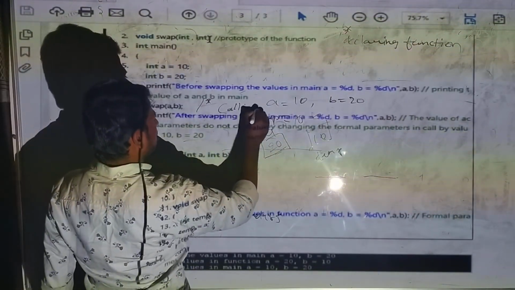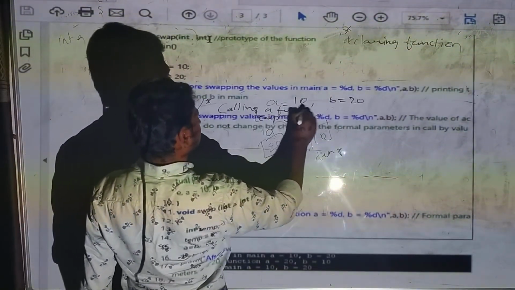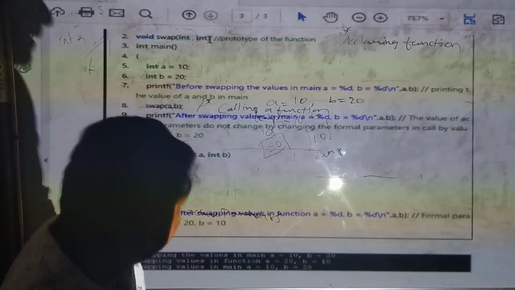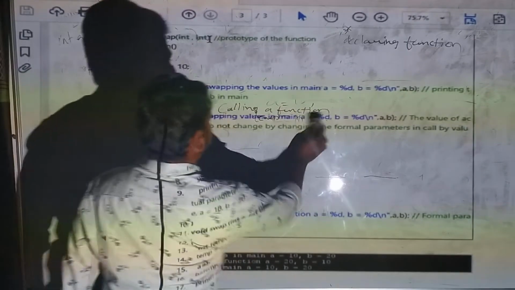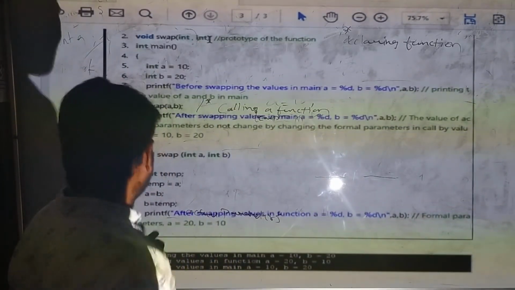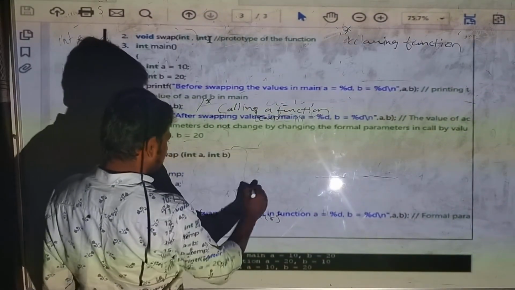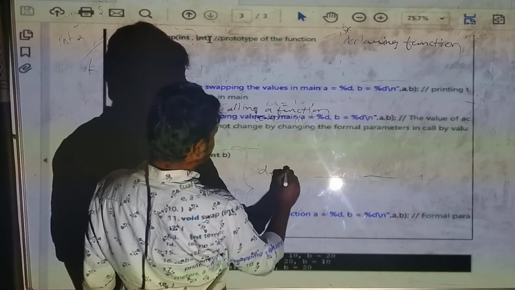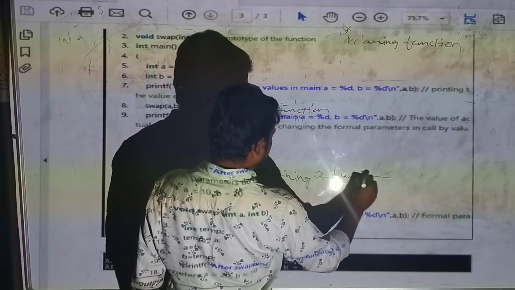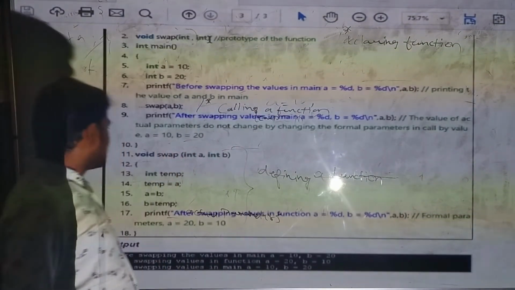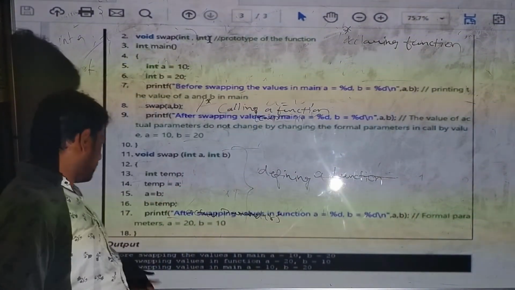We are declaring a function, calling a function, and here we are defining a function. This code is what defines a function. Okay. So after the execution, what will be the output?